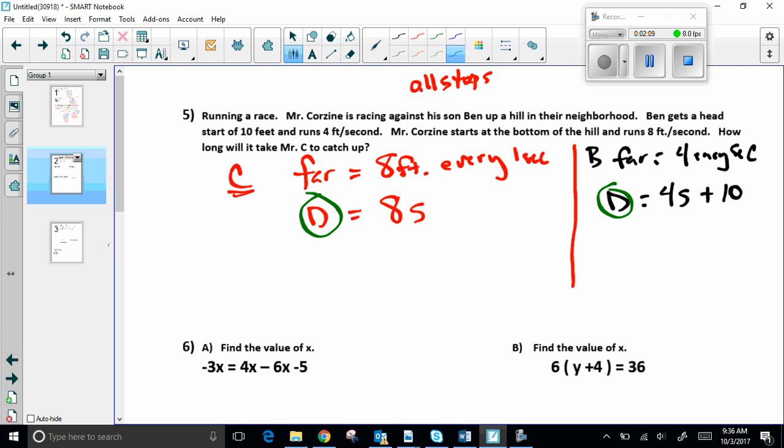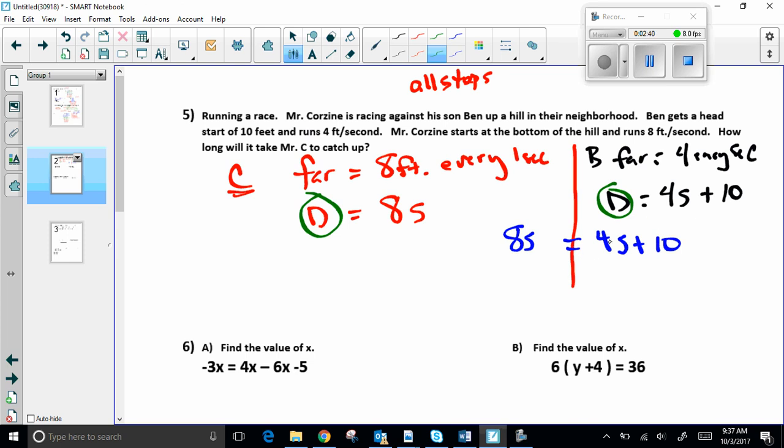Actually, we've done other problems like this before, like with the health club, or with the trees growing, or with the cities and their temperatures changing. So here's what we do. We do 8s, and then we do 4s plus 10, and we make them equal. All right? You're not going to believe this, but this turns out to be really easy. How do I make these equal to each other? Well, I have an equation that says,